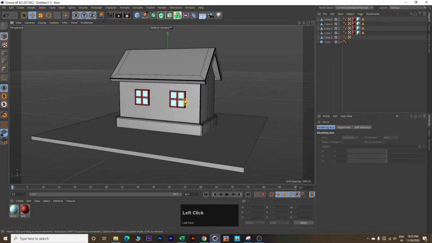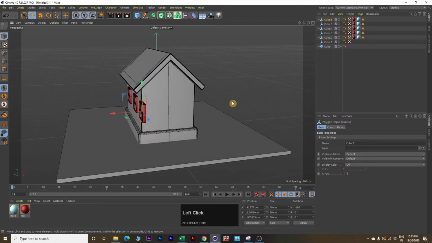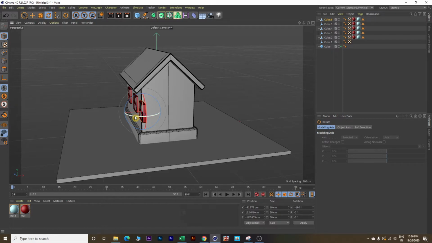Now we will select one of the window here, make Ctrl C and Ctrl V, drag it towards the outside. Now we will rotate this window. So click on this green circle, drag towards the right and use Shift key, which will help you make this in the increment of 5 degree of the angle. So you can see that you are making a particular angle. Now this is 90 degree. Make sure that this is minus 90 degree over here.